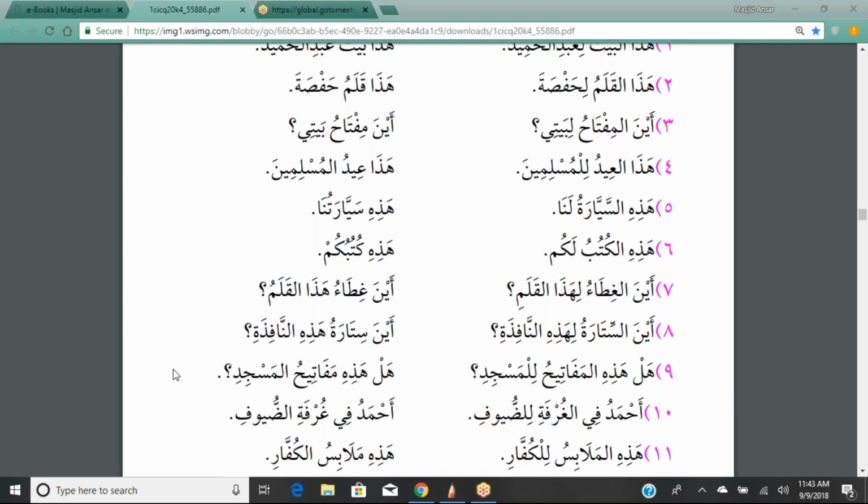Number 9. Sentences, big sentences now. هل هذه المفاتيح للمسجد؟ Are these keys for the masjid? Plural. Are these keys for the masjid? هل هذه مفاتيح المسجد؟ Repeat after me. The second part, مضاف إليه. هل هذه مفاتيح المسجد؟ There's no lam. هل هذه مفاتيح المسجد؟